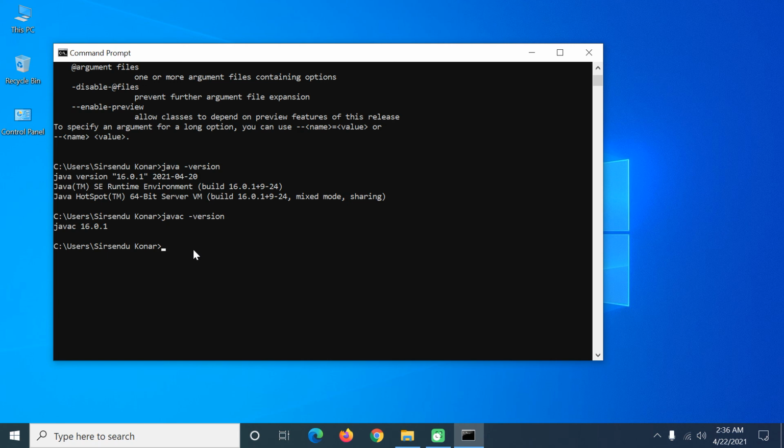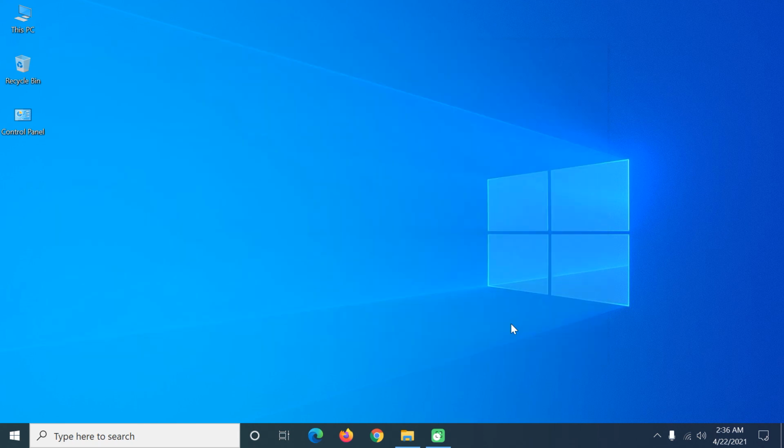One more command you can try here to check your JAVA_HOME environment variable. For that, type echo %JAVA_HOME%. This is the environment variable we set. Okay, so echo %JAVA_HOME%, and enter. It's going to give you the path which we set in the JAVA_HOME environment variable. C program files, Java, JDK, up to JDK. So all the things are working fine. Now you are ready to work with Java and Java related programs on your Windows 10 operating system.